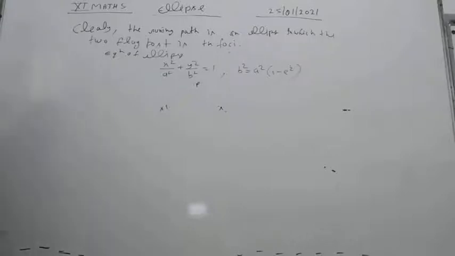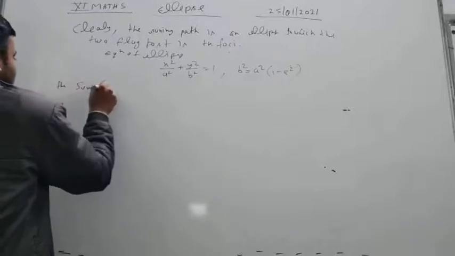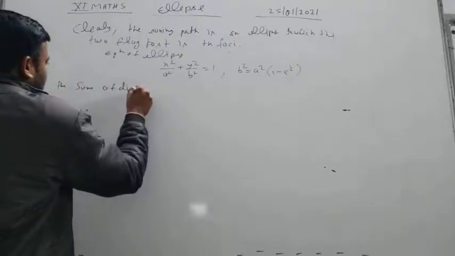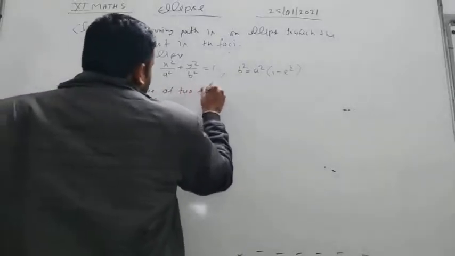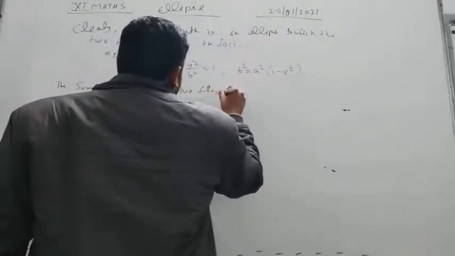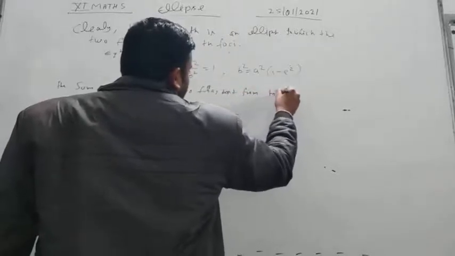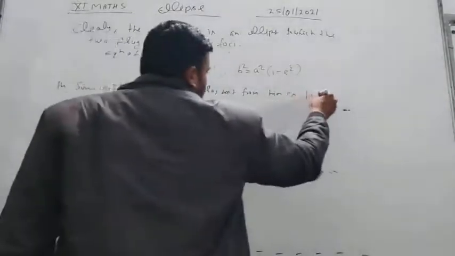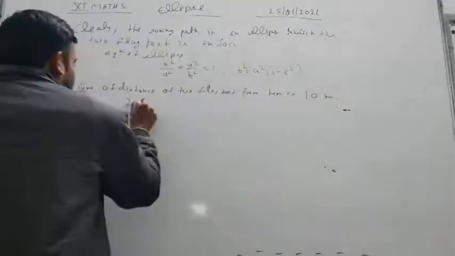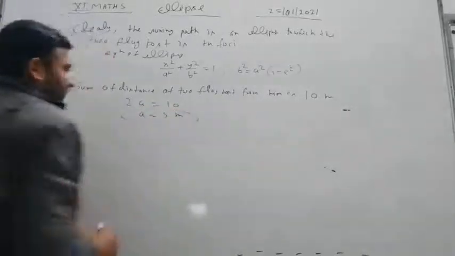So we write the sum of the distances of the two flag posts from him, which is given as 10 meter. So student, 2a is 10, so a is equal to 5 meter. Okay students,